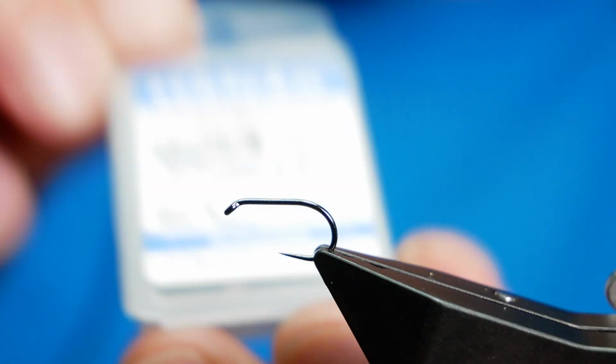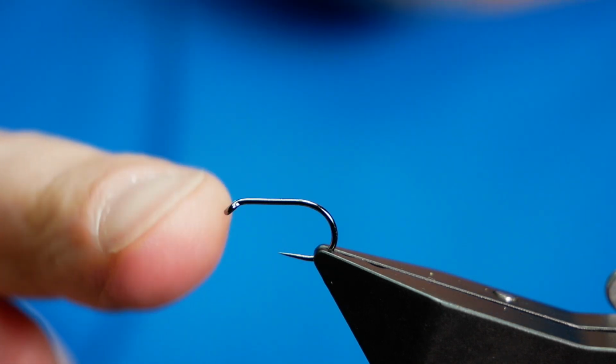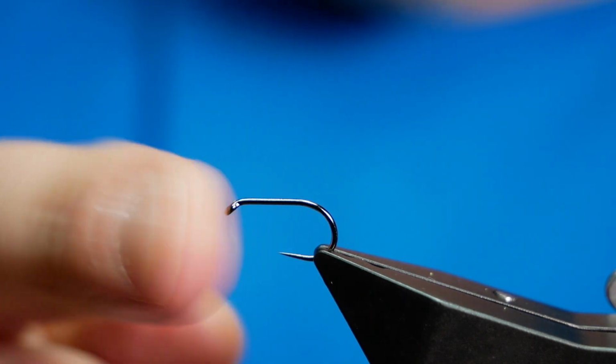The hook and device then is a Hanak H 260 barbless hook. This one's at size 12. It's a heavy wire hook in black nickel. Now the size 12 of the Hanak 260 actually equates to probably a size 14 in old money Camazan hooks. So it is quite small, and that's what Steve Cullen recommended to me, that it's best fished in the smaller